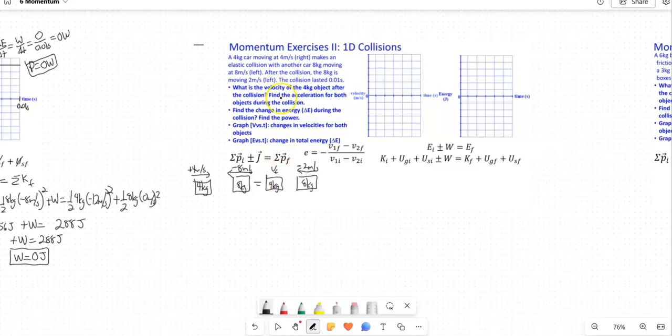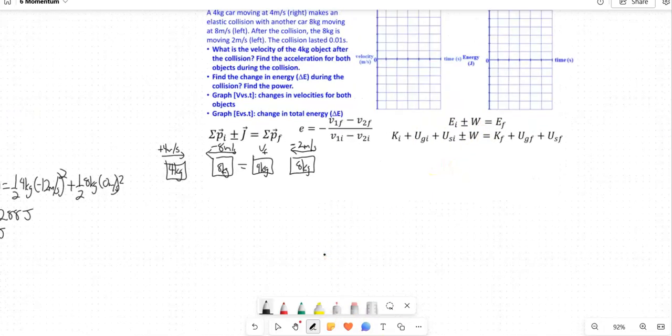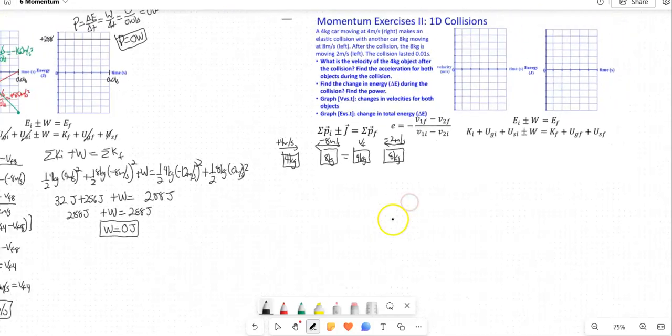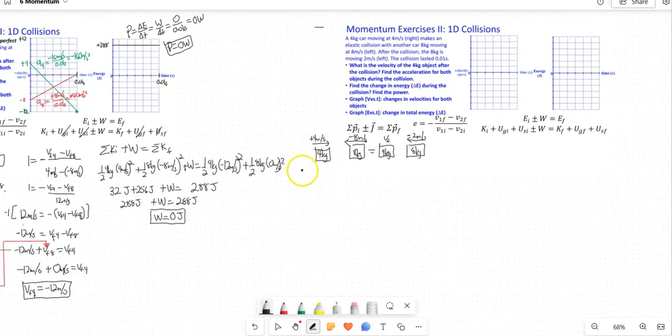Now we have to do everything that we did on the other problem. Find the accelerations of both objects during the impact, figure out the initial energy, figure out the final energy, figure out work, plot those things, and plot the V versus T graph, and that'll tell us the accelerations, plot the initial energy versus the final energy over here, and that'll tell us the power. But I'm going to add on to that by showing you what happens when the coefficient of restitution is working with this flawed type of problem. Okay, so just like before, we had worked out that